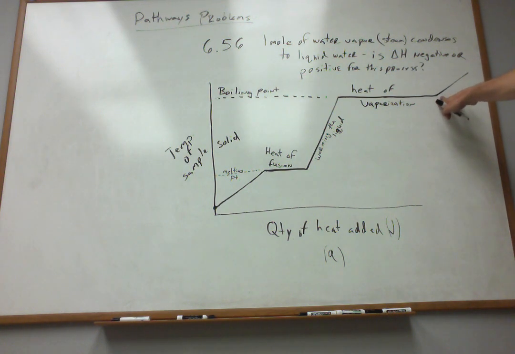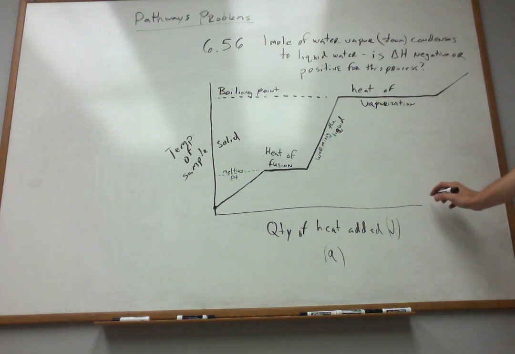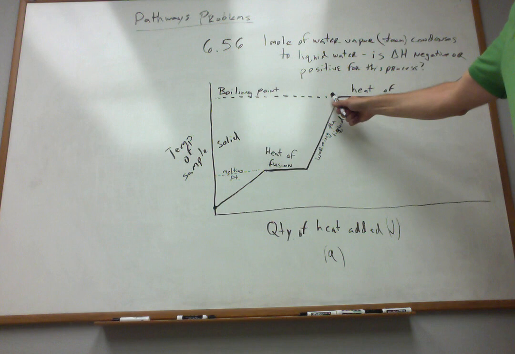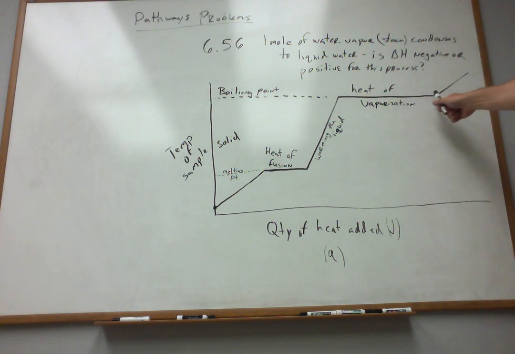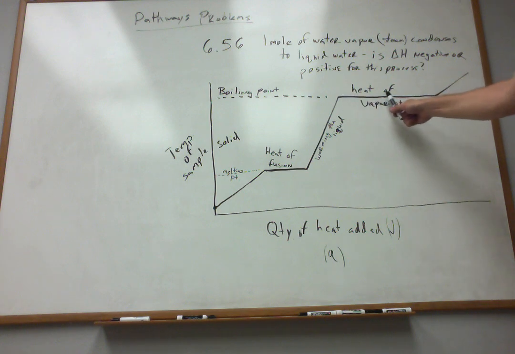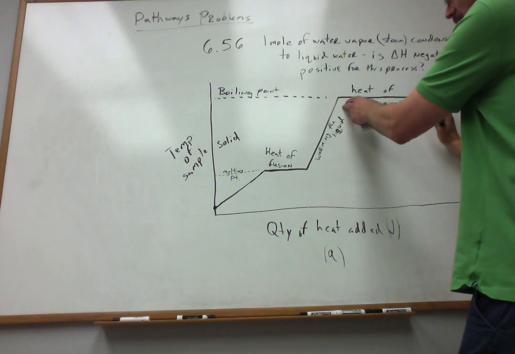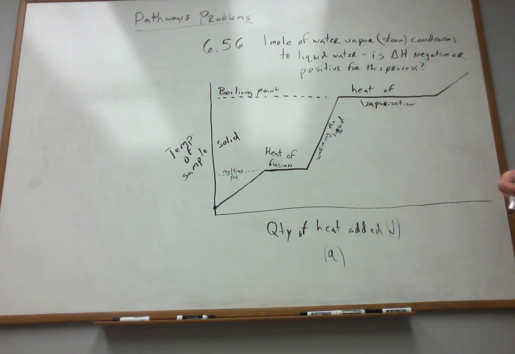and I convert all my molecules to gas, the temperature can keep increasing. If I add more and more heat, I can make the gas hotter and hotter and raise its temperature. But the key idea is I'm stuck here at the boiling point temperature, even though I'm adding more and more heat energy, until all of my liquid is converted into gas. And once that happens, I can heat up the gas more, but I got to convert all of my liquid into a gas first. I got to evaporate my liquid, if you want to think about it that way,